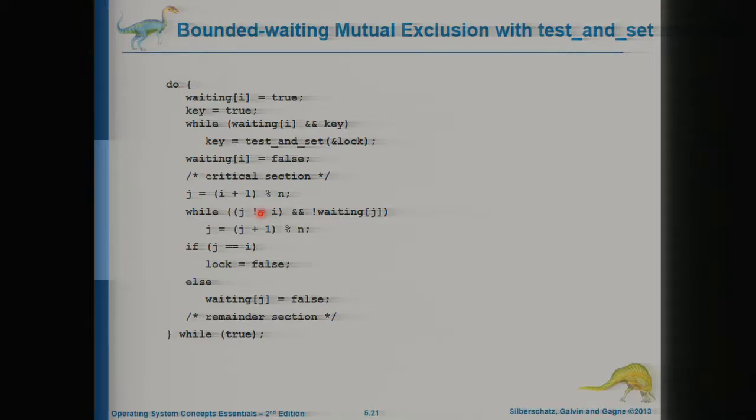In this compare and swap and test and set, both methods have a problem. The problem is that they have no bounded waiting. Why is it not bounded waiting? Bounded waiting means that if one process Pi shows an interest to enter into its critical section, then the other processes